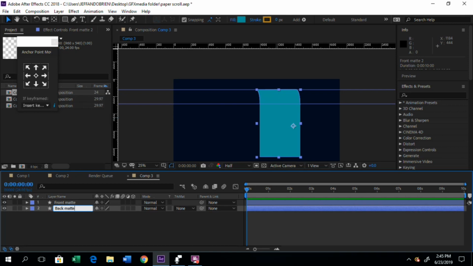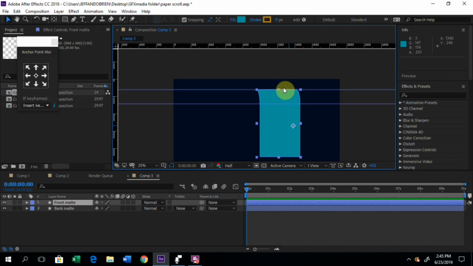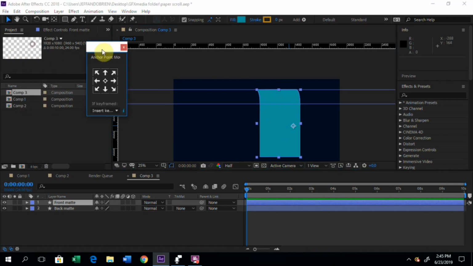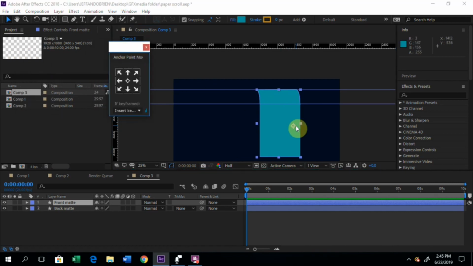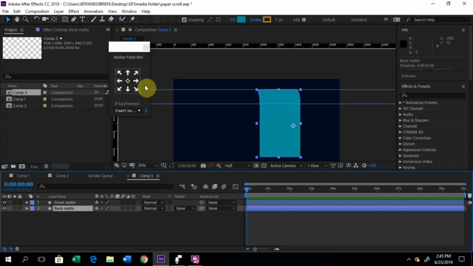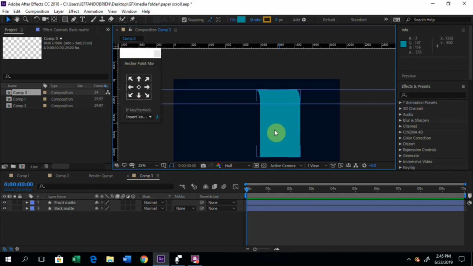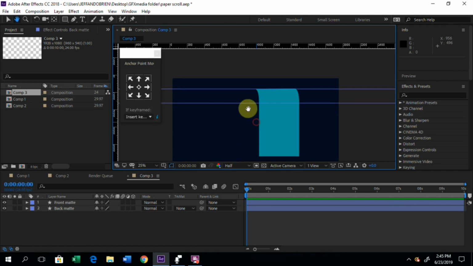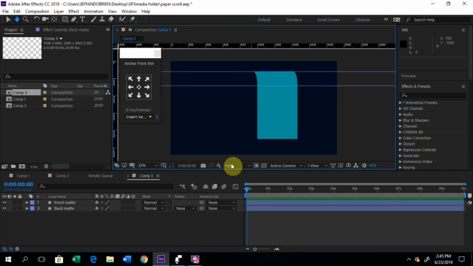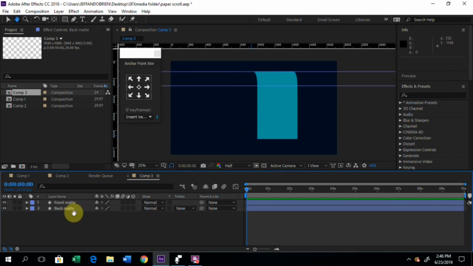Yes, we'll not be able to see it because this is covering it. By the way, let me use my anchor move tool to center the anchor point. Click this, bring here. Let me do this for the background too. Click here. Here is center. Right. Okay. Let's position it properly. Okay, right. Now, while on the back mat,